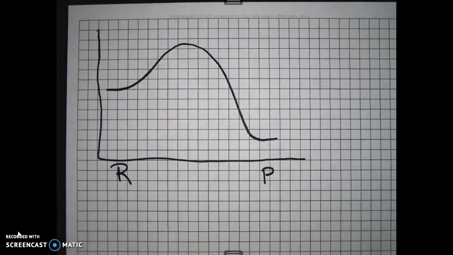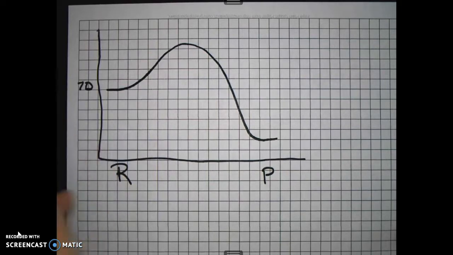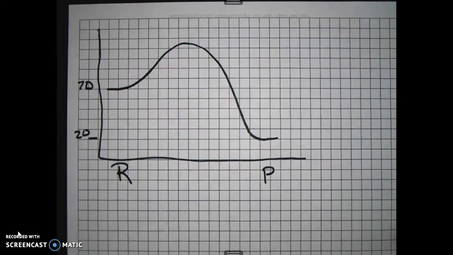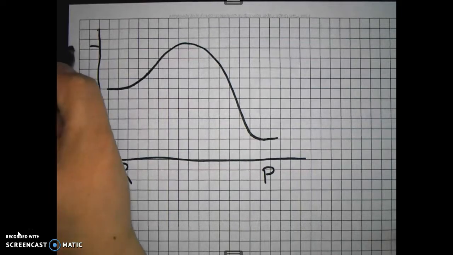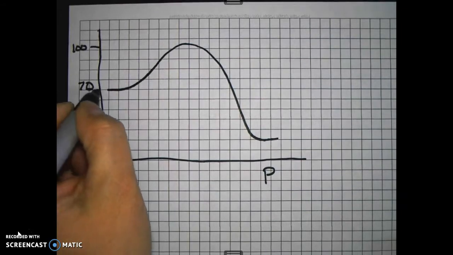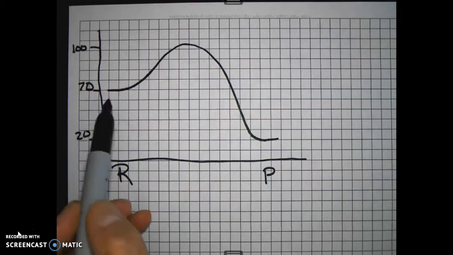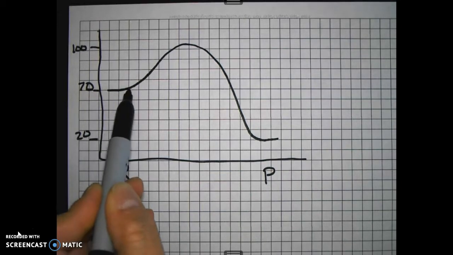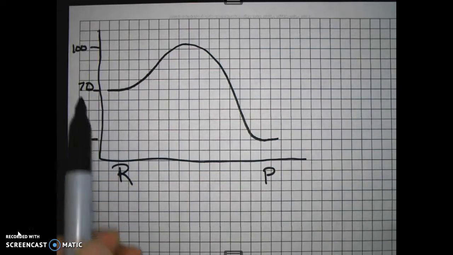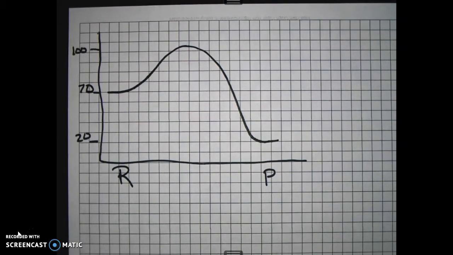Okay, so what you already know, let's say that this value is 70 kilojoules, and let's say that this value is 20 kilojoules. Okay, and this last value up here we'll say is 100 kilojoules. Again, things don't have to be proportional. We just are going to label the important energies on the potential energy y-axis. All right, so reactants possess this much internal energy, 70 kilojoules, let's say. These numbers are going to be really low. If you remember the bond energy stuff, they were in the hundreds, but for us, it's easy to just keep